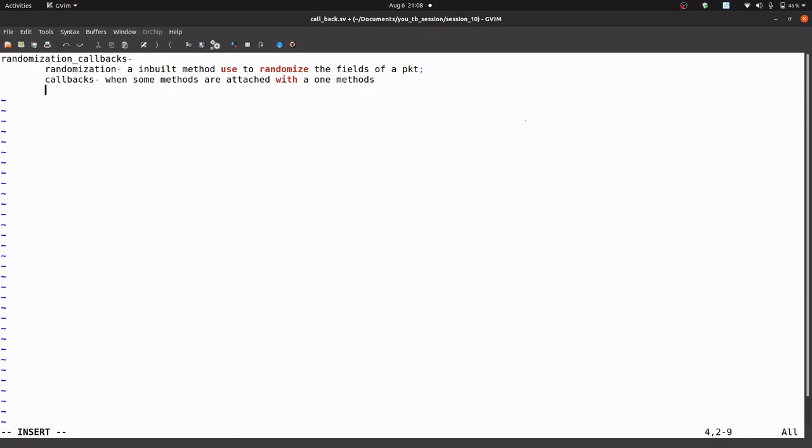In randomization callbacks there are two types of sub-methods of randomization, known as pre-randomize and post-randomize.